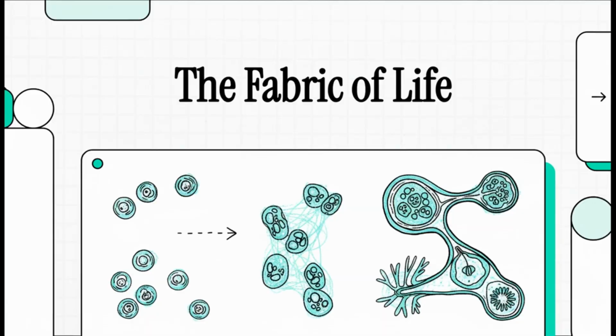And this whole thing is built on a clear hierarchy. It's kind of the blueprint for life. The best way to think about it is like building a company. You've got your individual cells, those are the workers on the ground floor. Then they form tissues, those are your specialized teams, like marketing or engineering. Those teams group together to form organs, those are the departments. And finally, all those departments have to work together to create the entire organism, the corporation.